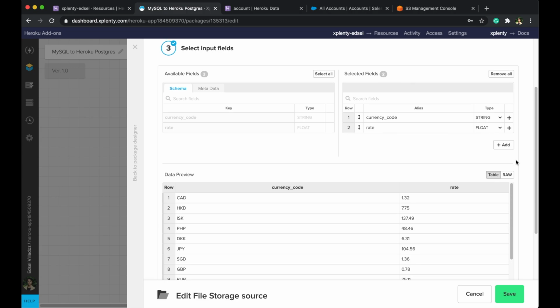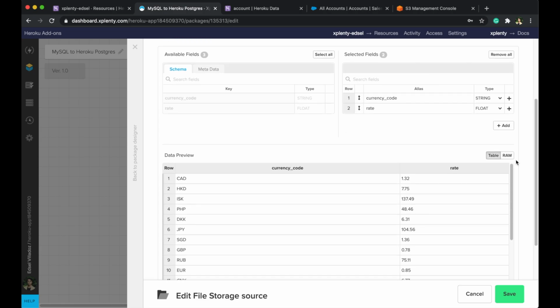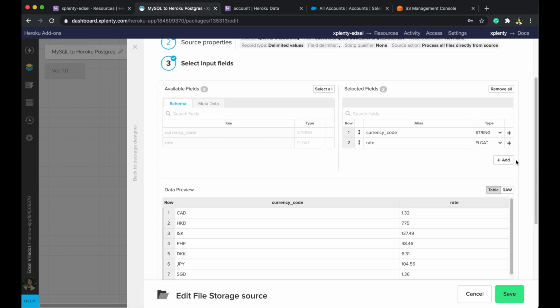And again, similar to the MySQL Database source component, we get a quick preview of what our tables will look like here. So everything looks good. One thing I do want to point out here as well is that you can change the data types. As you can see, the currency code is coming in as a string, there is coming in as a float, but we can just change those data types accordingly on this level as well. All right, so